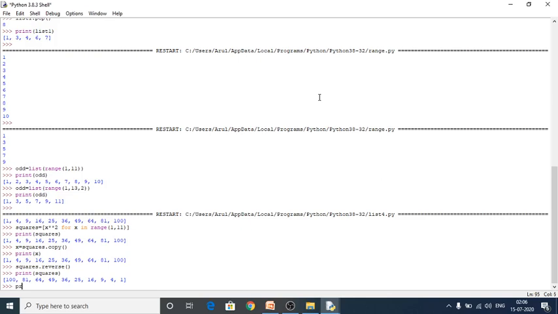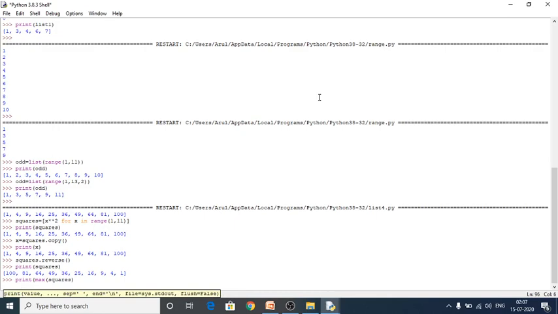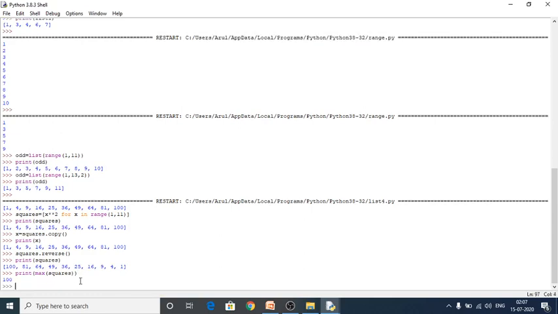So next, I'm going to give print max squares. A small mistake I have done here. Yes, 100 is the maximum value.